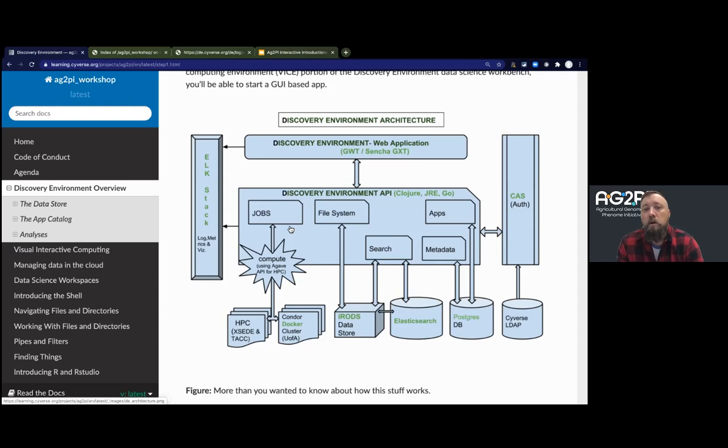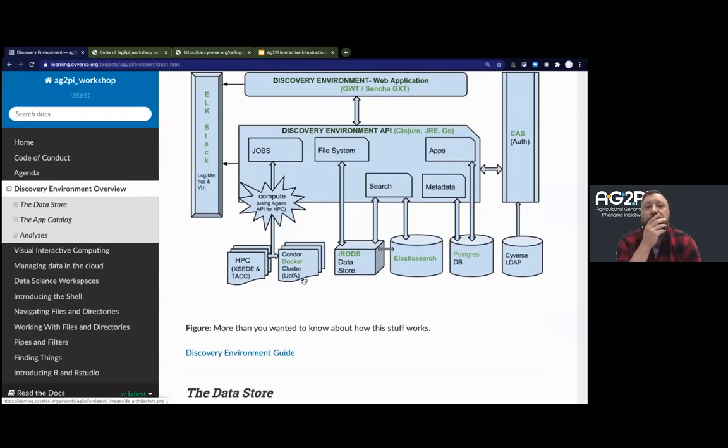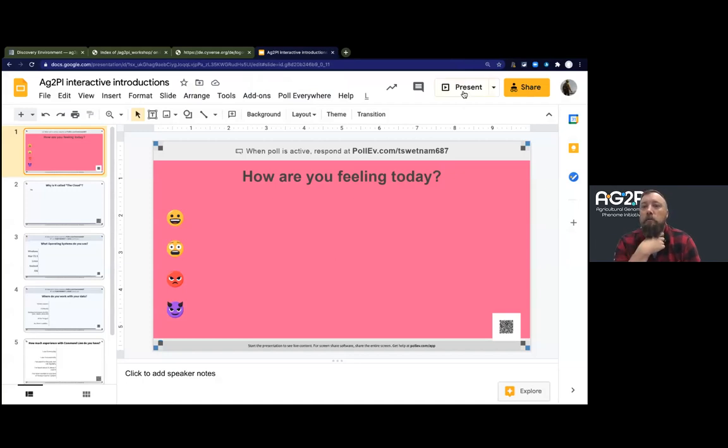And so the discovery environment is what we call a workbench. It's this interface through our browser that we can use to connect to other resources. So we're all going to start virtual machines this morning running on the discovery environment, which will put us into an integrated development environment called RStudio. But just to follow along here, actually, I'm sorry, I'm shooting ahead a little bit. I want us to do a really quick